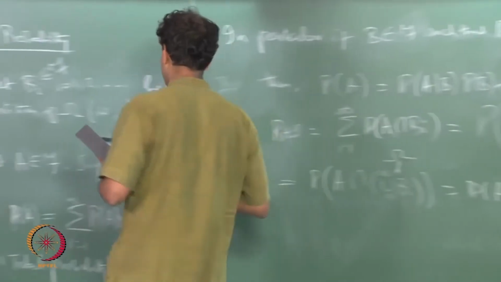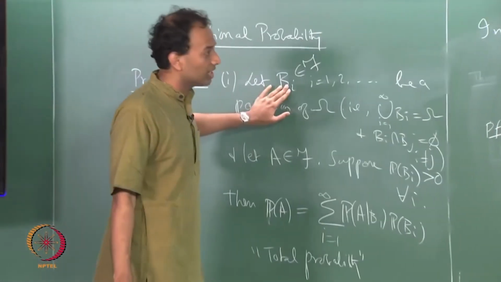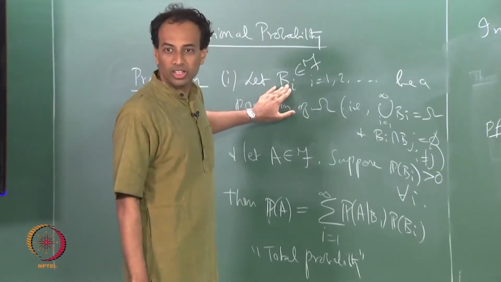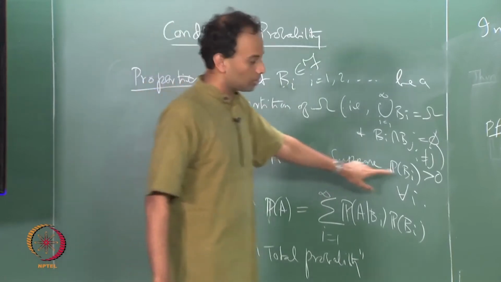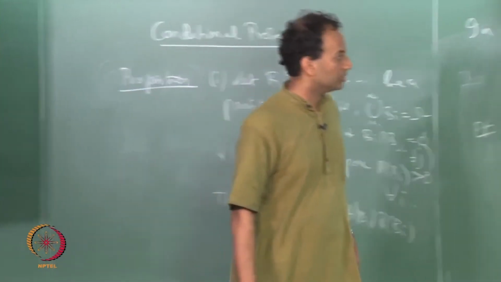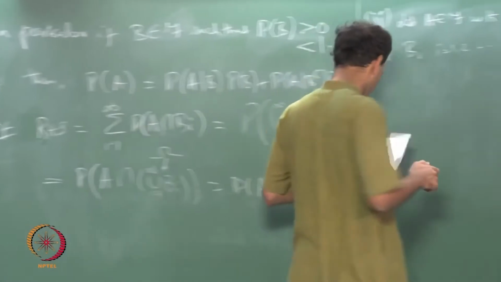So, by B_i, i as in 1, I mean that the B_i's are a partition of the sample space with each having positive probability. Okay. Then